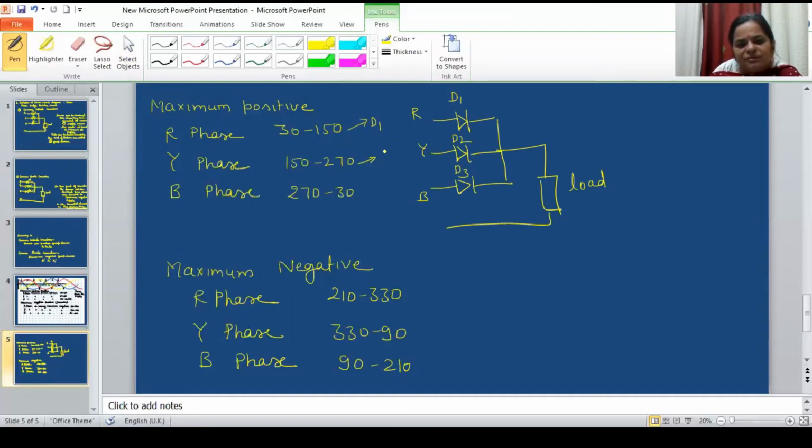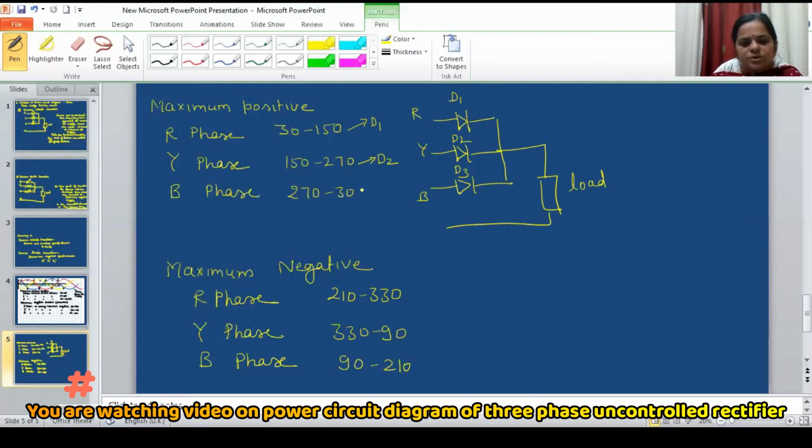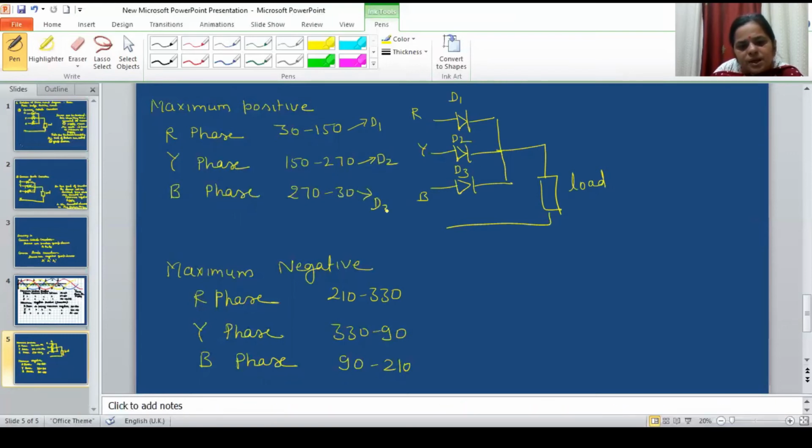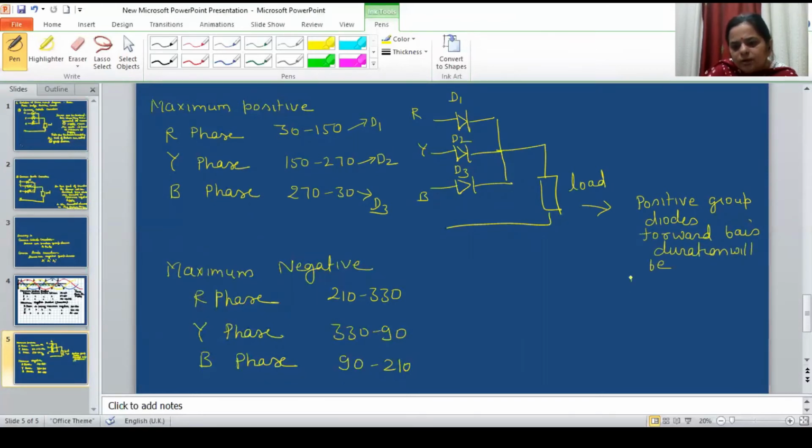In this duration, of the diodes connected in the biphase, D2 is going to forward bias, and in this duration D3 will be forward bias. So it means the positive group diodes' forward bias duration will be: for D1 it will be 30 to 150, for D2 it will be 150 to 270, and for D3 it will be 270 to 30. So this will be the forward bias duration for a